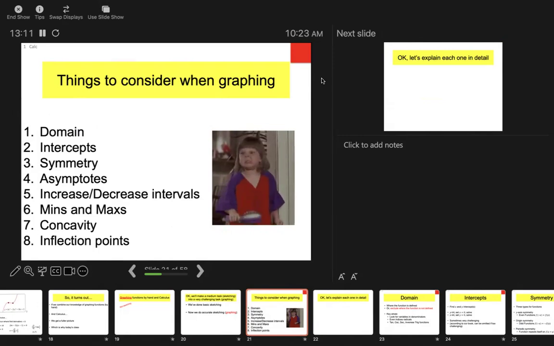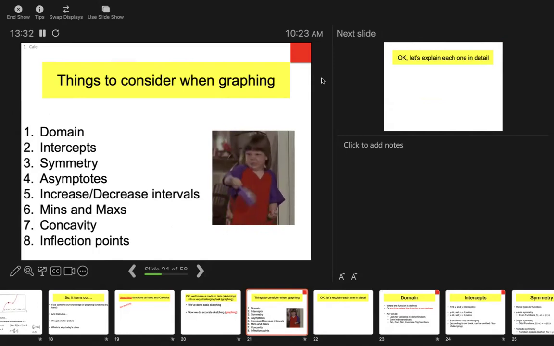This poor little girl for the rest of her life will have to go to PowerPoint presentations and see her face as representative of whatever emotion you're trying to convey that she's conveying right now. I'm trying to convey like, man, this is